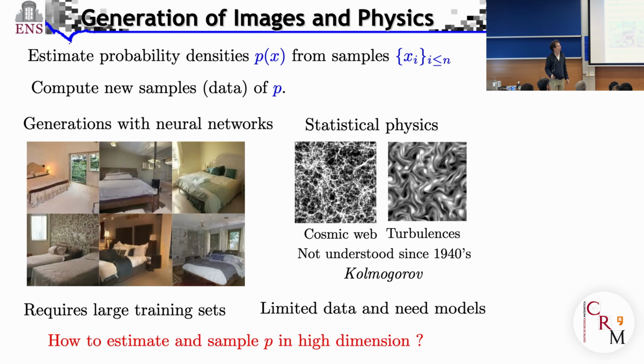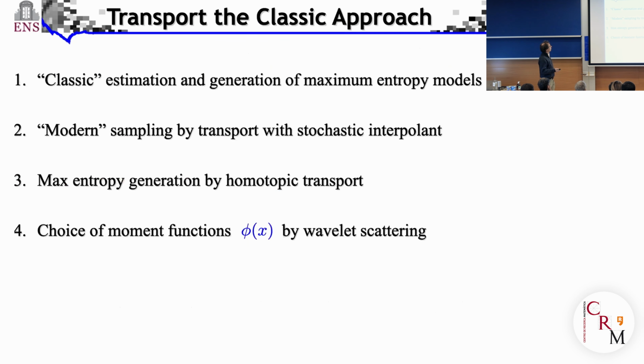So this is an old problem that has been studied a lot in statistics. And what I'll first begin with is the classic approach that was mentioned by Johan yesterday, namely modeling distribution from moments. And because these moments only provide a limited amount of information, you'll need to define the distribution with a regularization criteria. And the regularization criteria will be maximum entropy, which is a very natural measure in physics. So I'll review first all what is around this strategy, and we'll see the computational difficulties